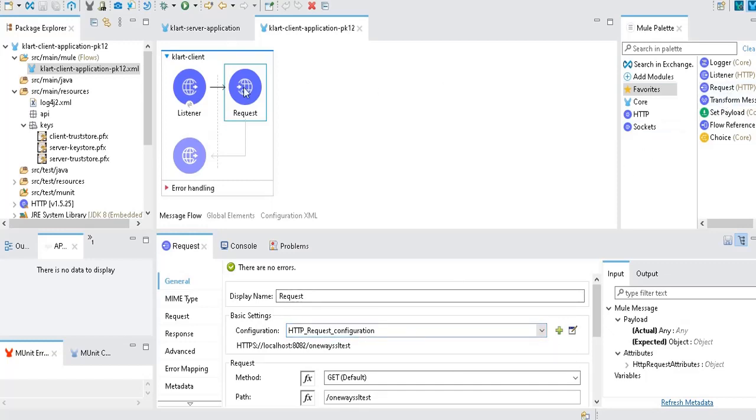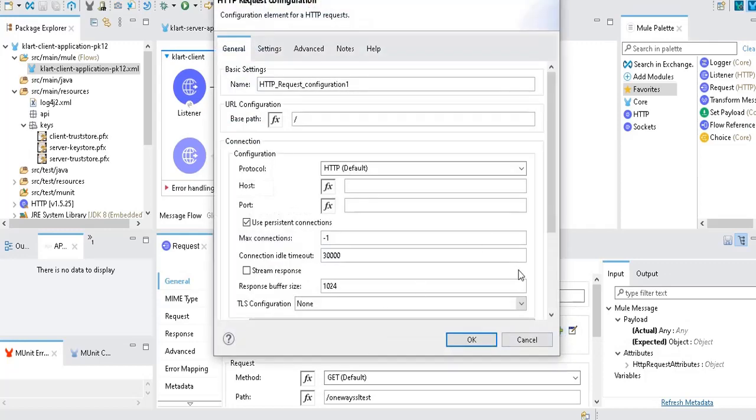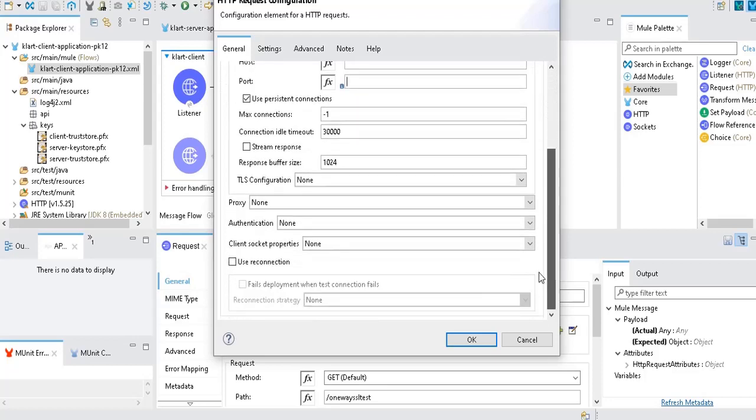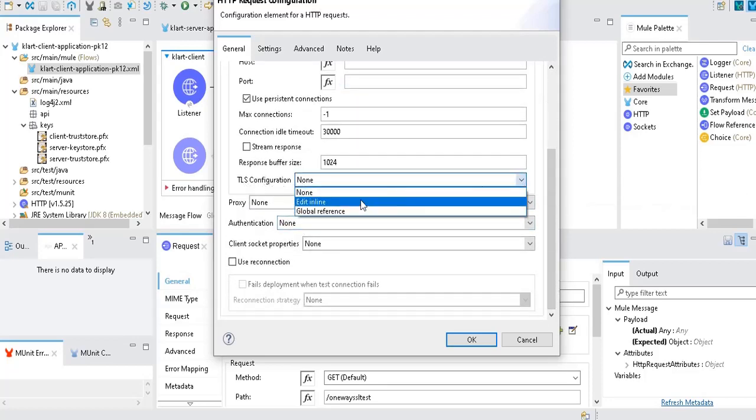So drag and drop the HTTP request connector, and for the first time you need to add this by clicking the add button. Okay, and then you need to provide the protocol as HTTPS here, because we are going to invoke the HTTPS server application. Host localhost, port 8082, and now come down. So here this is the TLS configuration.